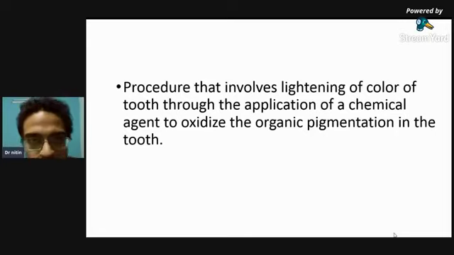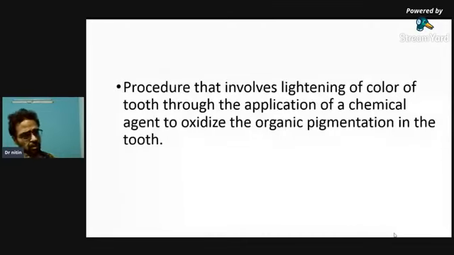Basically, it's a procedure in which all the pigmentation which has occurred within the tooth or external to the tooth, the organic pigments which have been incorporated within the enamel or surface of dentine, we use a very strong oxidizing agent, which causes oxidation of these organic pigments and helps the tooth to brighten by decreasing the perception of these pigments. It's a lightening of the pigments, and the light which falls on them will appear as the normal color of the tooth rather than the pigmented color.